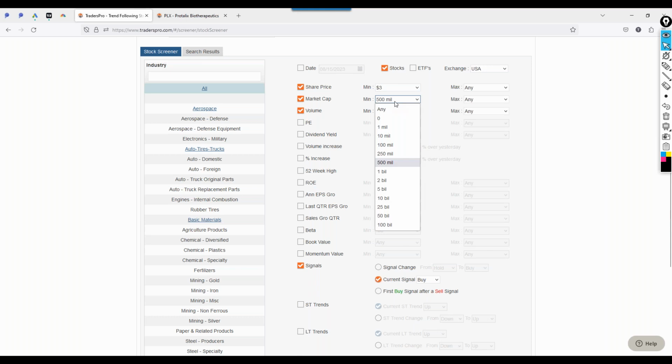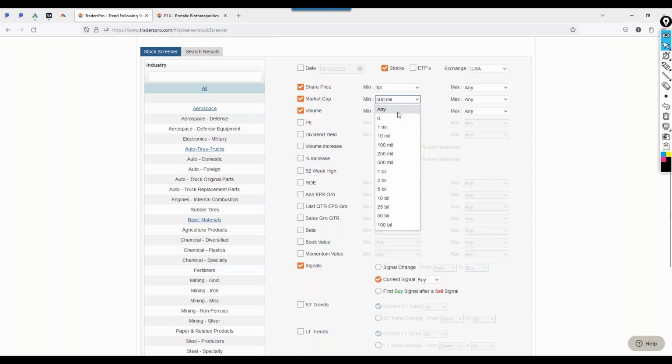Let's go 500 million. The market cap, if you're down in these ranges, you're small cap. 100 million is considered a small cap. Mid cap are going to be between this 250 and a couple billion. Large cap are going to be up in these billions. Mega cap, the Microsoft, Apple, Google, Netflix, those are $100 billion market cap stocks. So if those are the only ones you want, then by all means check it and select it. It actually makes it easy to scan for those kind of names, and you're getting names that you know are going to be around,